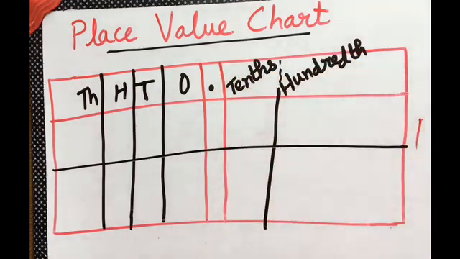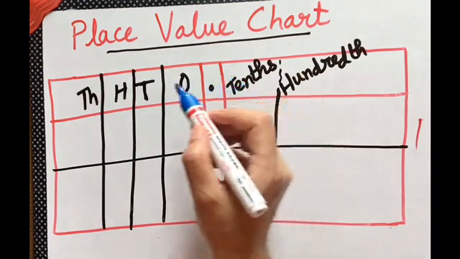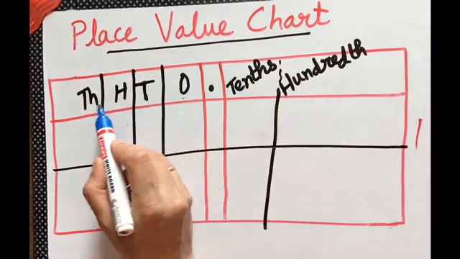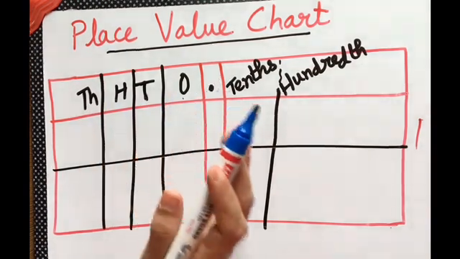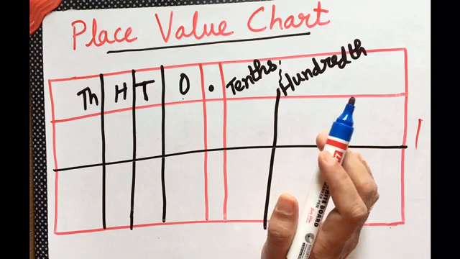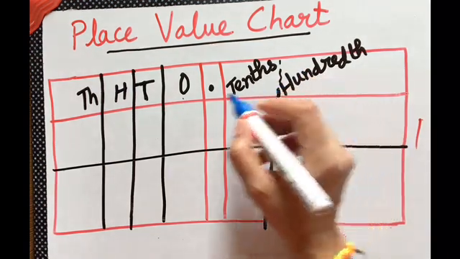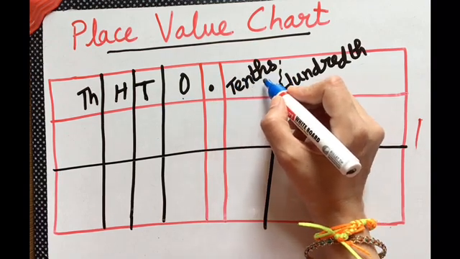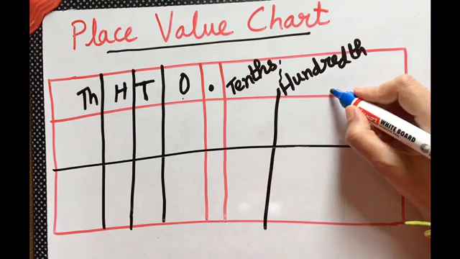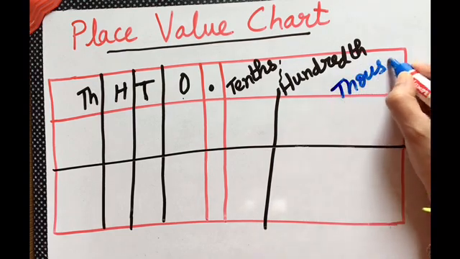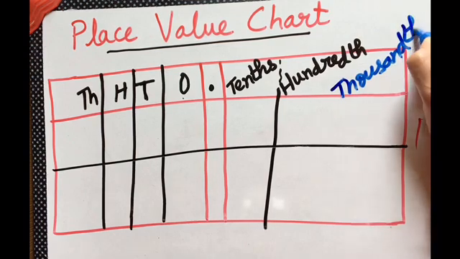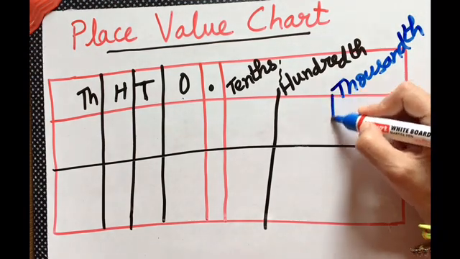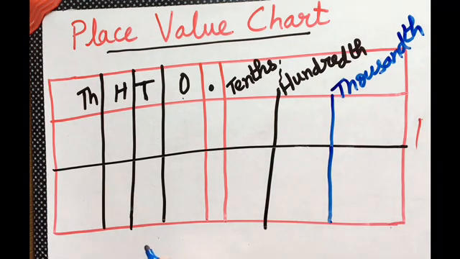So now if we consider the place value chart, after the decimal point we have already done in our chapter the ones, tens, hundreds and thousands places. Now after the decimal the places are tenth, hundredth and thousandth. We are going to put the decimal after the ones place. So after the decimal it is the tenth, hundredth or thousandth place. In the end we are just going to add the TH.